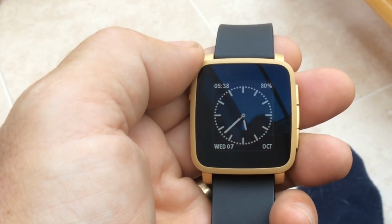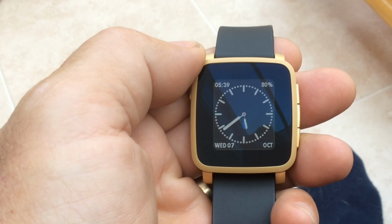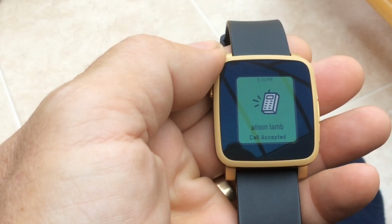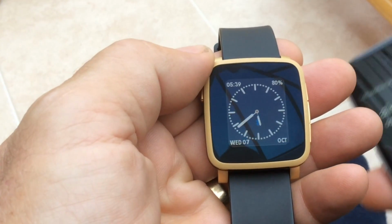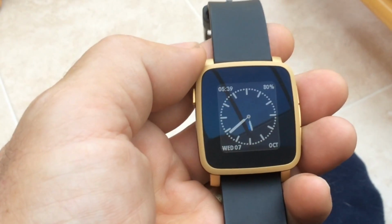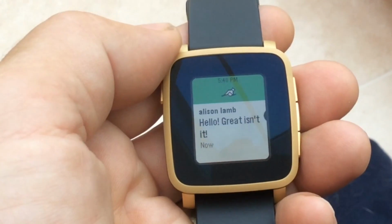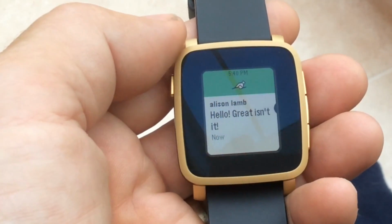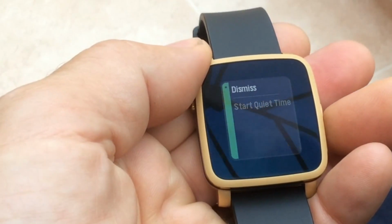So as a phone call comes in, you will get a notification and you can very quickly answer your phone, like so. And then you can take your time to get your phone out of the pocket. The phone has been answered, and you can then talk to the person and cut off the phone call. And similarly, receiving text messages. You have a text message. Like so, that's the noise from the phone, but you get a small vibration on your watch, and you can then dismiss